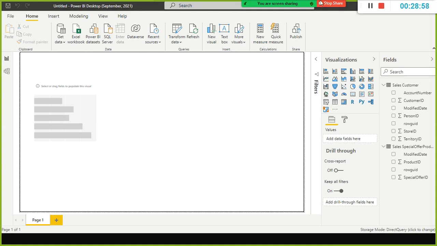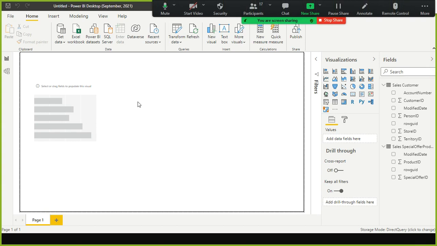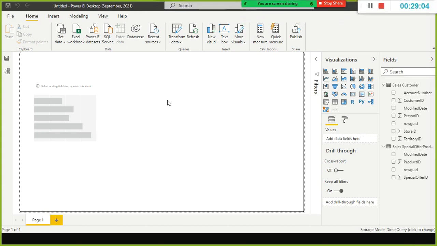Supposing you are visualizing the data, and you want to see what is the cash in hand right now, in real time. You want to understand what is happening currently. So in that case, direct query is very much helpful, because as and when you make changes, the changes will get propagated instantly to your Power BI desktop. That is the advantage of direct query.